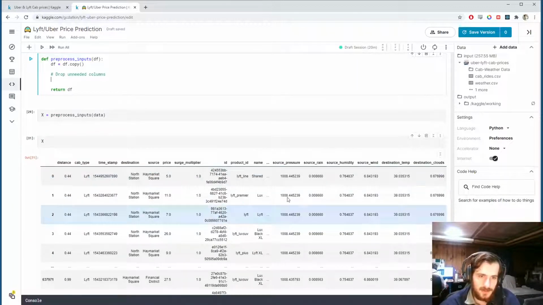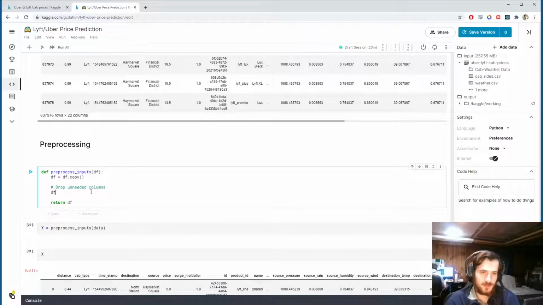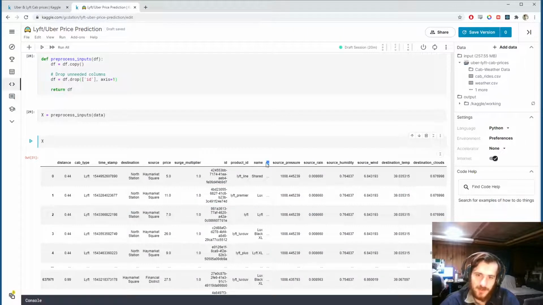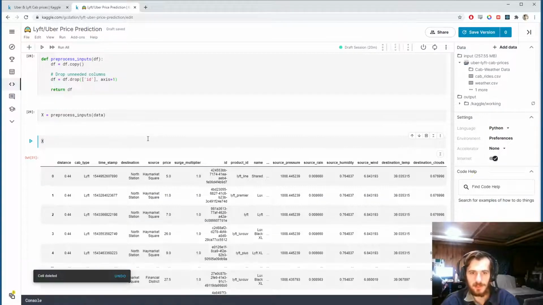So by unneeded, I mean the ID obviously is not going to be useful because these are all unique identifiers for a given ride. So let's drop that with df.drop ID, and we're dropping from axis 1, which is the column axis. And I can't actually see all the columns right now. So I'm going into the console and typing pandas.set_option max columns None. Now we can reload it